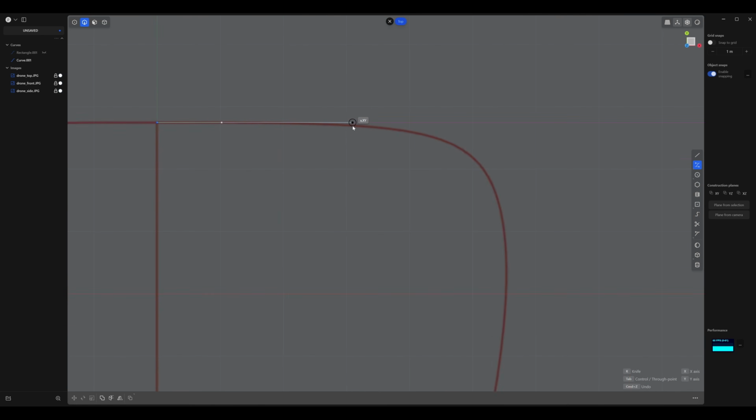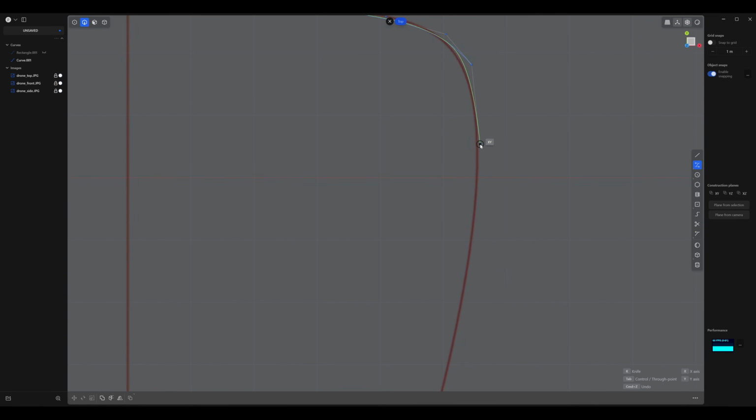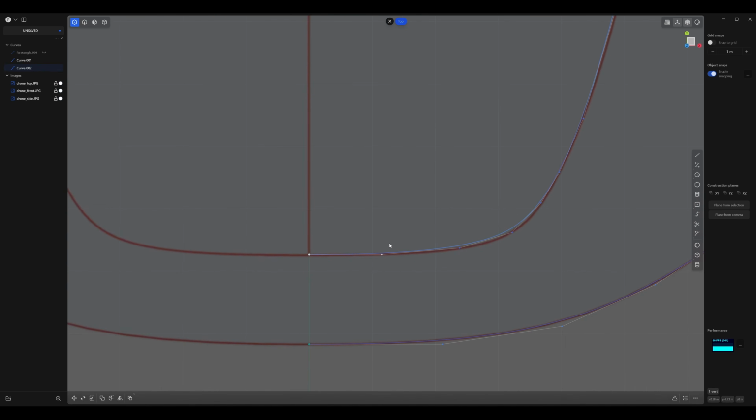Let's keep going. And if you find that you're starting to snap on other points, you can always hold control to toggle snap off, and you can let it go to go back on snapping. So I'm going to hold down control in some of these areas so I don't get that tangency snap. And again, I'm clicking a little bit outside of this since the curve inside will bend. And then just making sure that these areas have support points, maybe 3 or 4. And then the last 2 should align. Right-click to accept, and again, press 1 so we can go to edit these points.